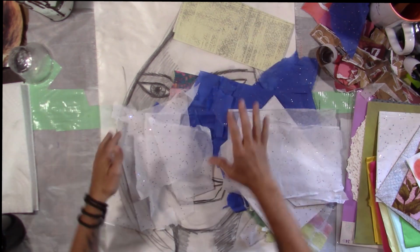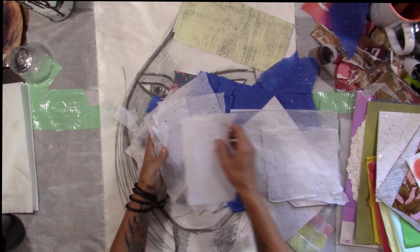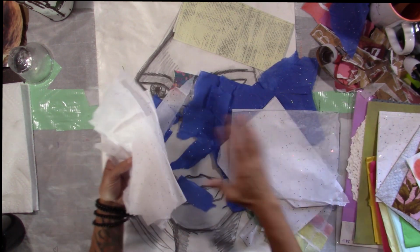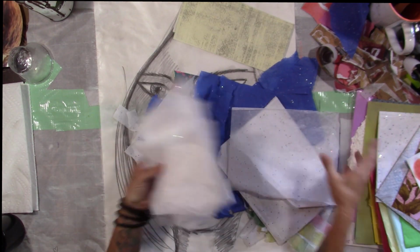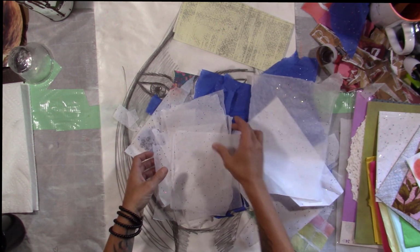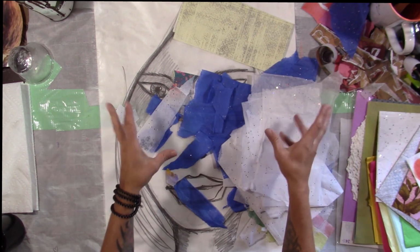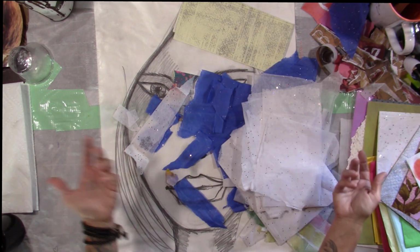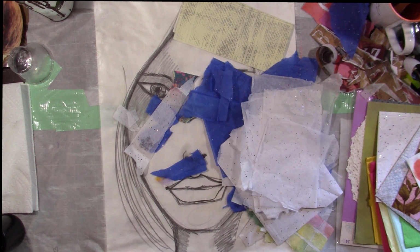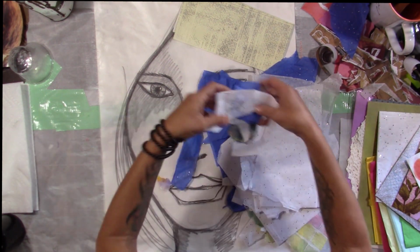If you're afraid of covering your stuff, I know a lot of you are like, oh my god, it's like, no, it's cool, do it, just give it a go. If worst comes to worst, just paint over the whole thing in one color and make a completely different picture, or just throw more crap at it till you like it. Or do as I've done, tear it up and use the pieces in other artwork, or you can always put it in the circle file, like for real. If you don't know what a circle file is, it's this giant trash can that sits under my table. But try not to do that,